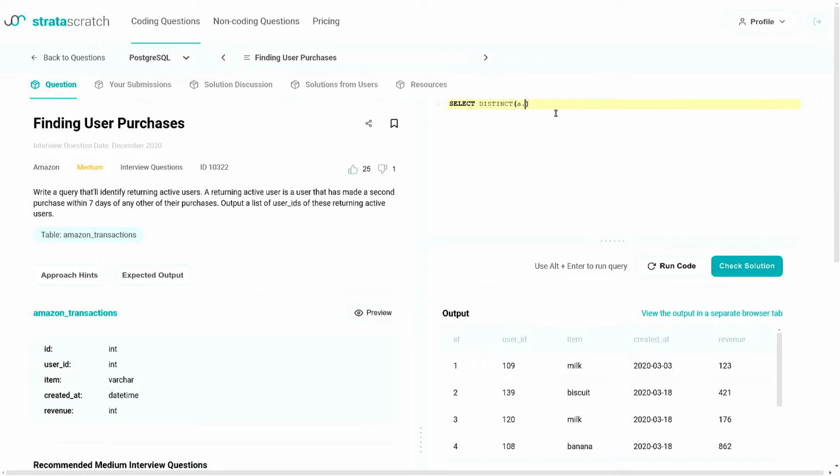I'm going to name the table for the self join purpose as A and B. So first, let's complete this distinct statement, user ID, and then from, the name of the table is Amazon transactions, as A. That's how I'm going to name it. Am I spelling it right? Amazon transactions, yes. And then join